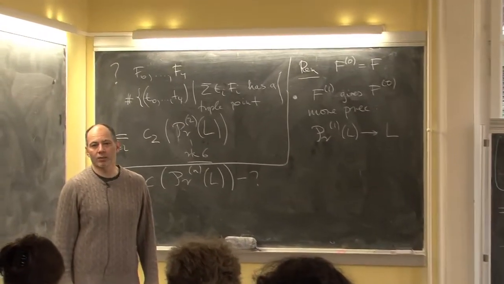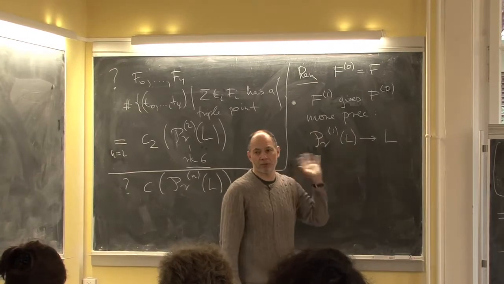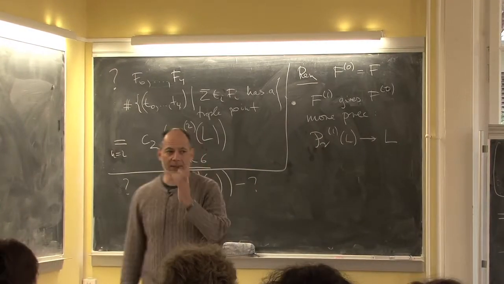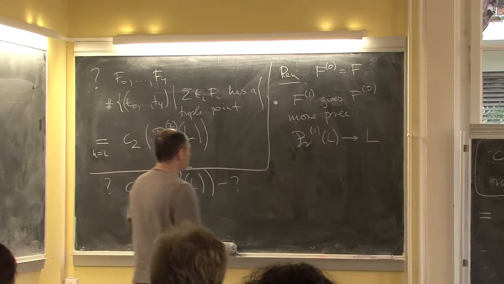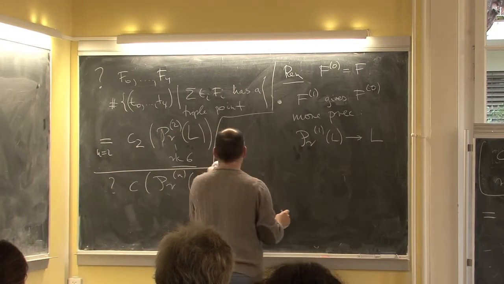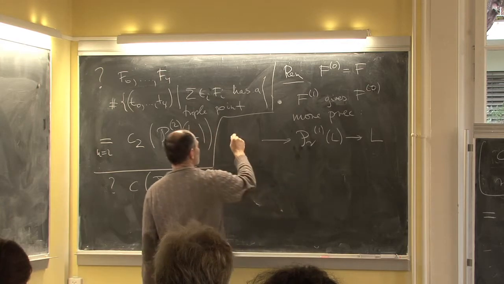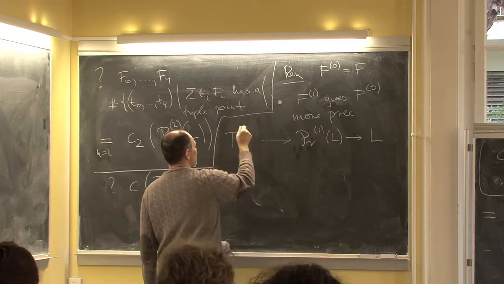I know what that is. If I know the linear principal part of a function, I also know the value of the function. That's clear. And then the question is what the kernel is, and this is the part I don't want to spend time on now. But the claim is that this is simply the cotangent bundle of the